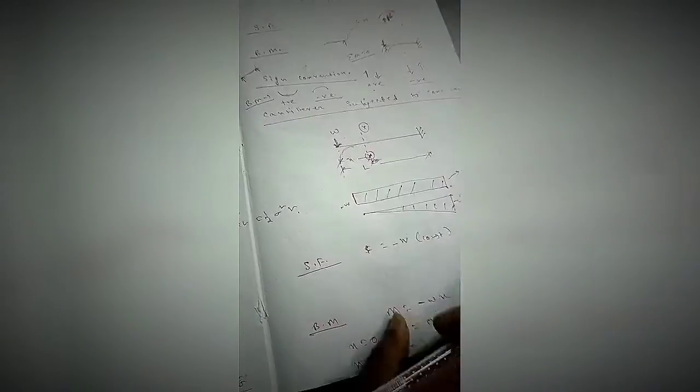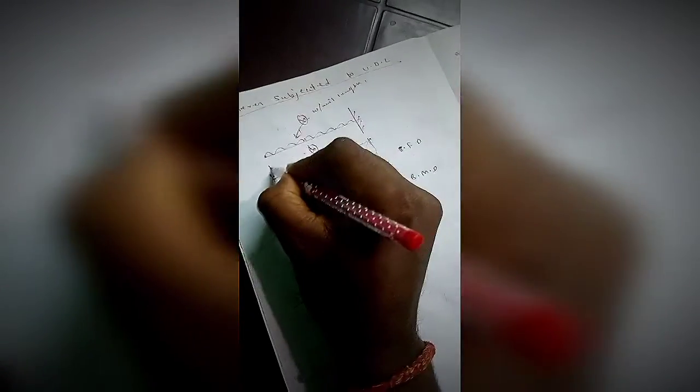So this is the shear force diagram and bending moment diagram for a cantilever subjected to concentrated load W. Now let's study the cantilever subjected to UDL. Suppose there is a cantilever and a UDL is acting on it, and its length is L. We make a section, cut from the free end.